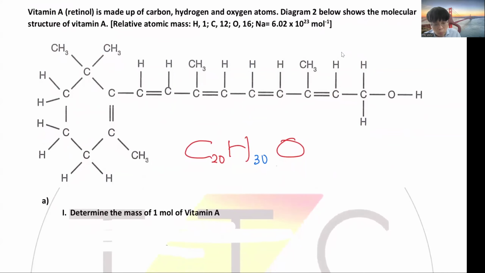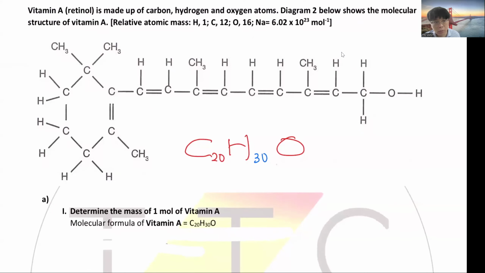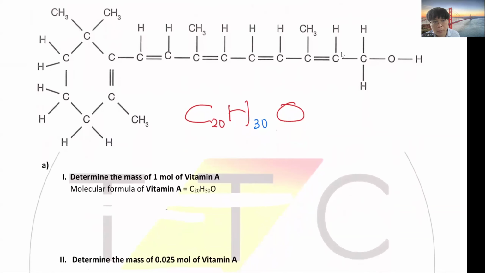So now they want one more of that. That's really the formula. If you calculate wrong, the whole question is gone. Let's say you're supposed to get 20 carbon, you calculate 19, so this whole question is gone. So now you use the formula